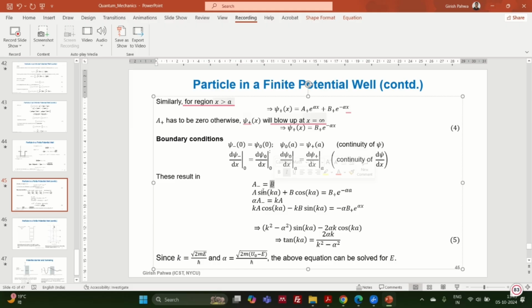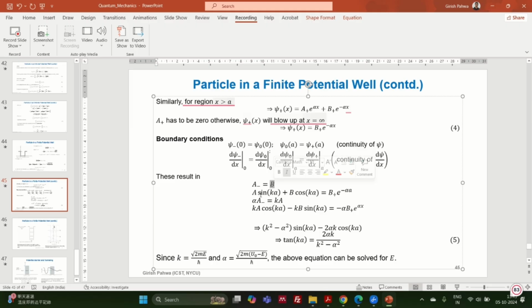So A minus equal to B, if you put it here, you will get Ka over α. A minus and B are both equal to Ka over α. So you can reduce these equations like this, and then